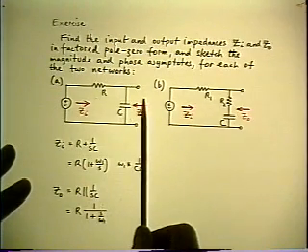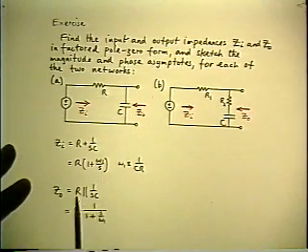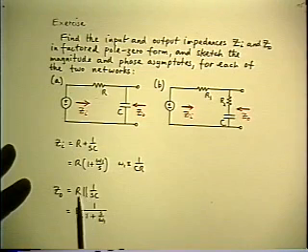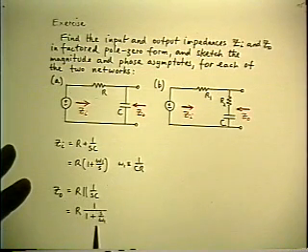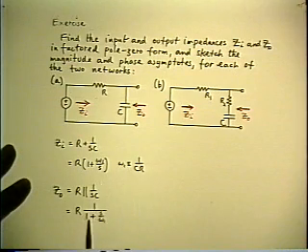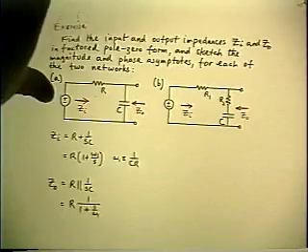Its output impedance is the R in parallel with the C. So that's product over sum, and in one line the impedance is the resistance with a single pole related to the CR time constant. The graph that goes with that